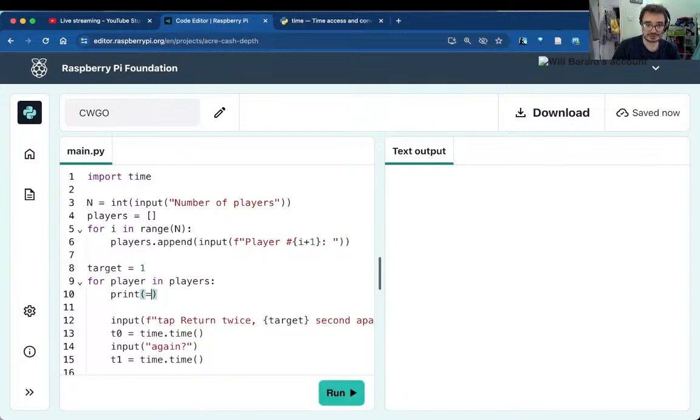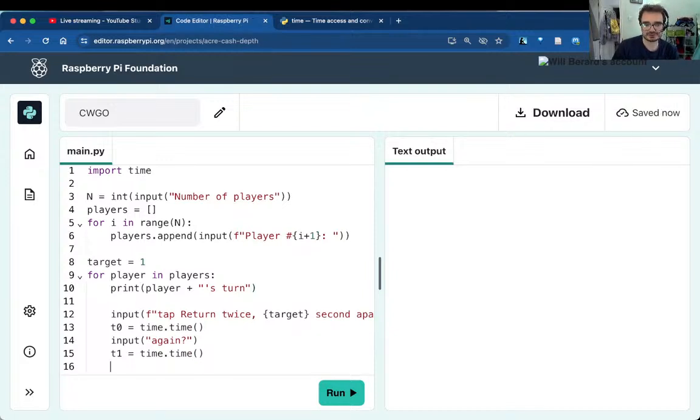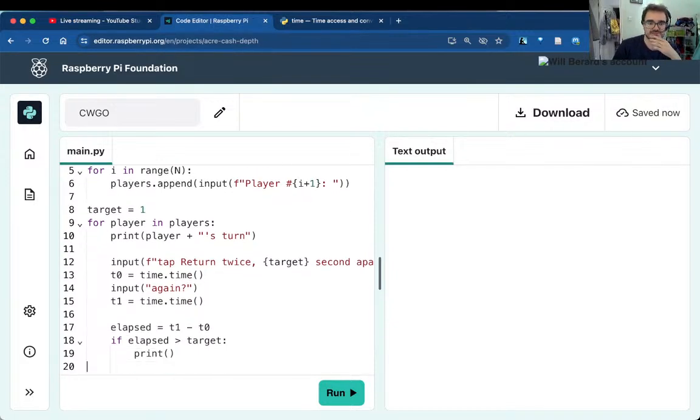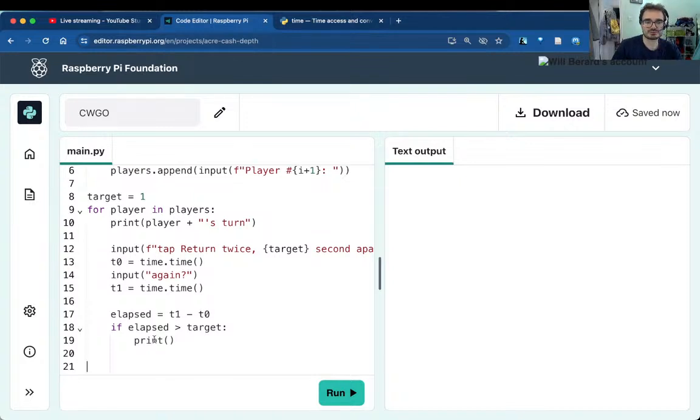Well, this one I might do like player plus space, double quote apostrophe s turn. Right, you see what I'm doing there. Then we do the first thing, the 2 beats and so on. We get the elapsed, and if it's larger than target, we print